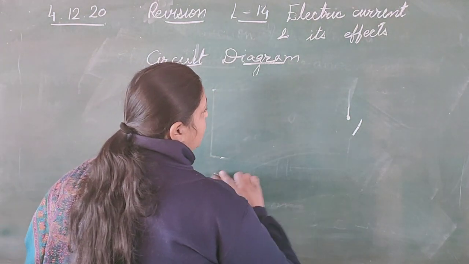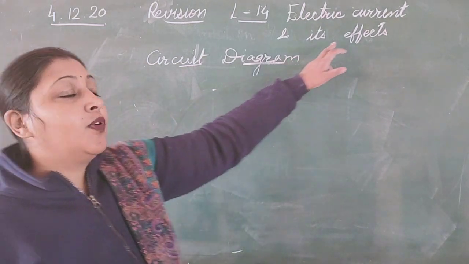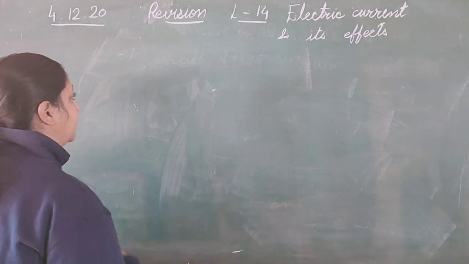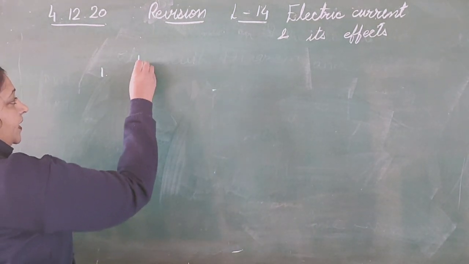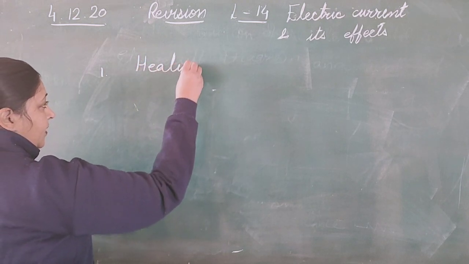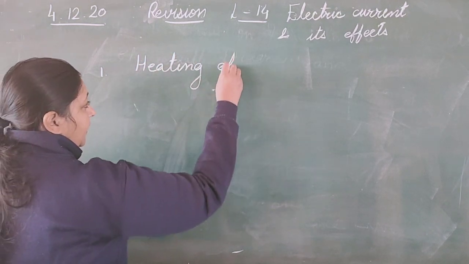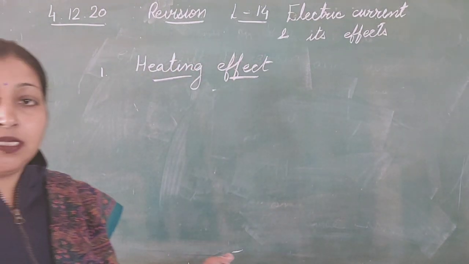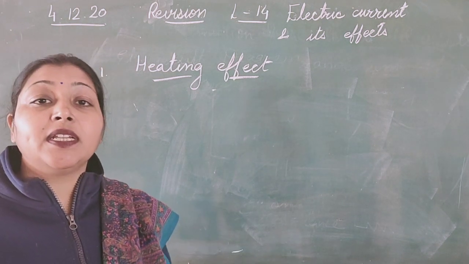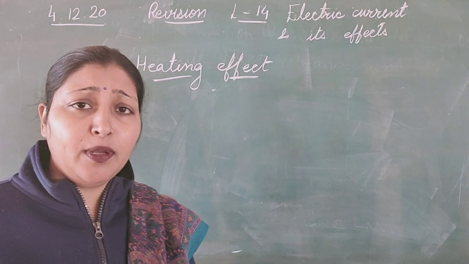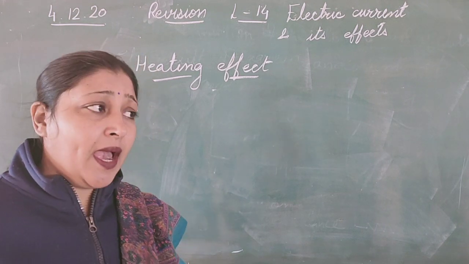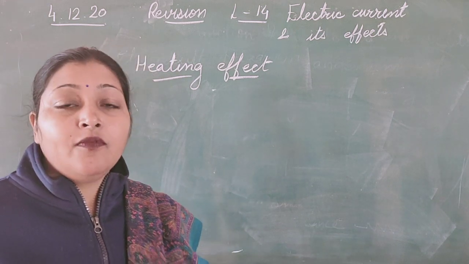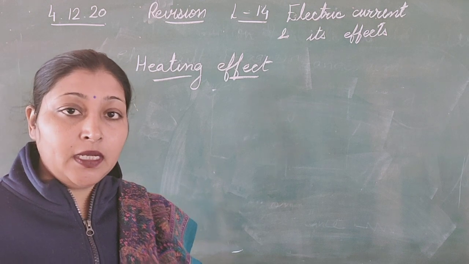Afterwards, children, that's all for electric current. Now learn what are the different effects of electric current. Yes, children, what are the effects of electric current? First is the heating effect. When a current moves, it heats the object. The simplest example: you just switch on the bulb and it will start glowing. After some time, touch that bulb. What will you observe? We observe the bulb gets heated.